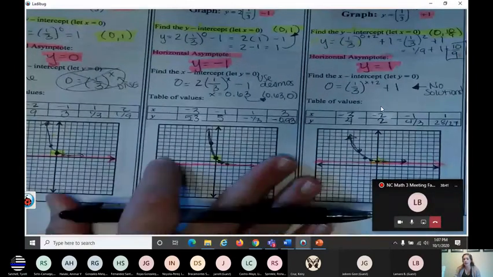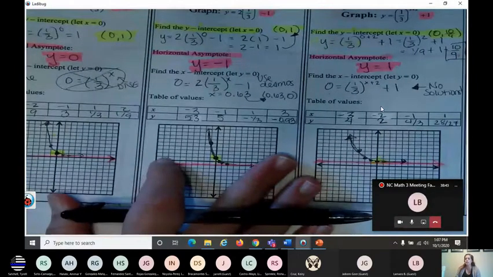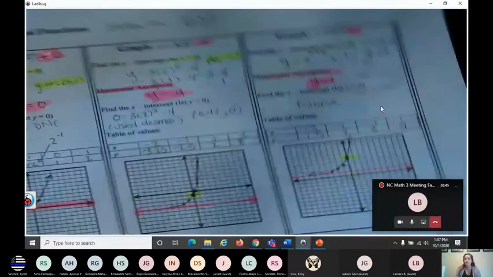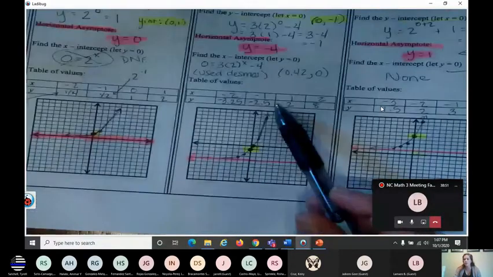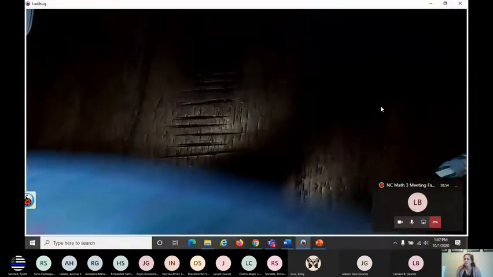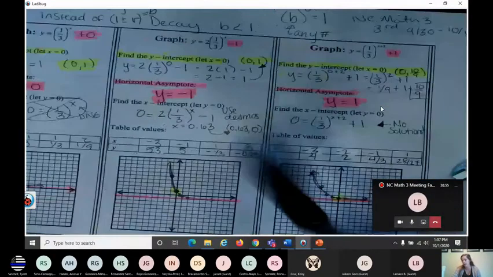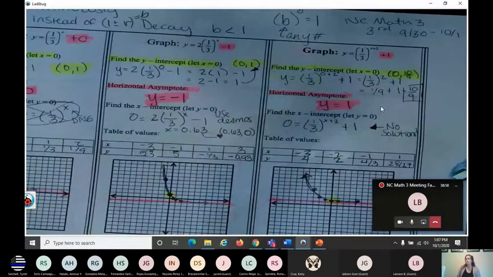But so this side was decay. We were just graphing decay functions. This side was graphing growth functions. And it's the exact same process. Growth functions just move up from left to right, and decay functions move down from left to right. Okay. So I'm going to set this to the side, and we're going to look